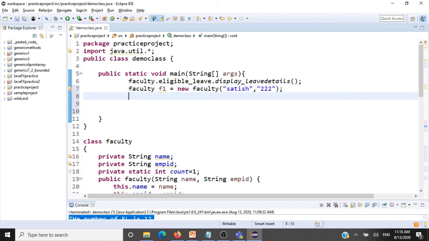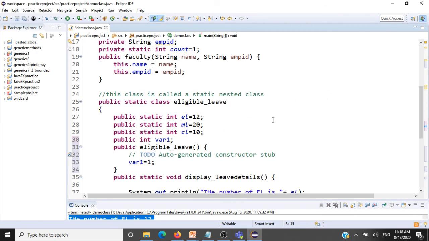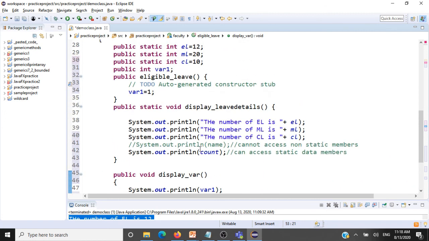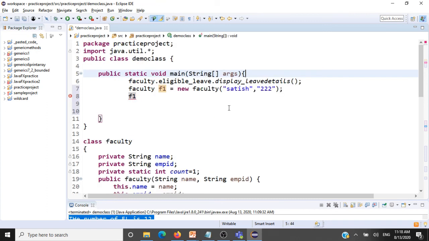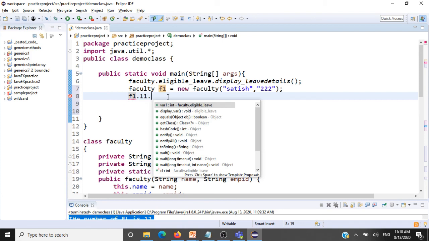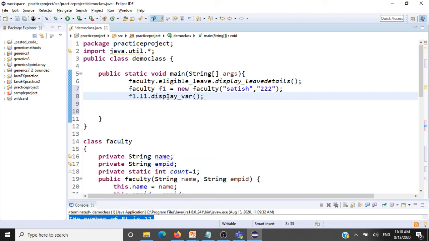Now how we can access this non-static method display variable is we'll use this object L1. So it is nothing but f1 dot L1 dot display variable.